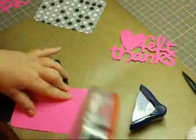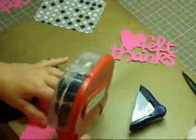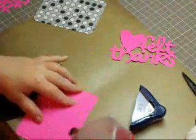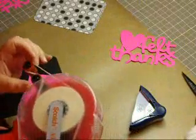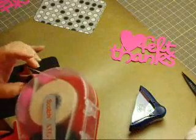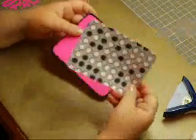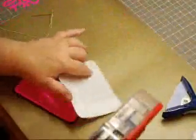I just changed the tape on my ATG, so it's giving me a little bit of a hard time, I guess. I don't know, I'll have to check that. I'm going to go ahead and do the size. And this is a piece of paper from Die Cuts with a View, so I'm going to go ahead and mat that on. I started the video a minute ago, but I had problems with my tape runner, so I